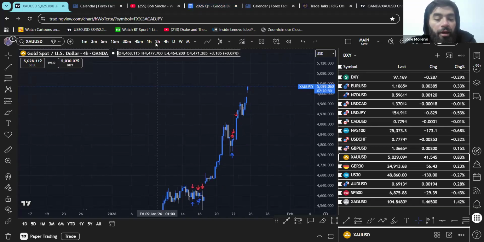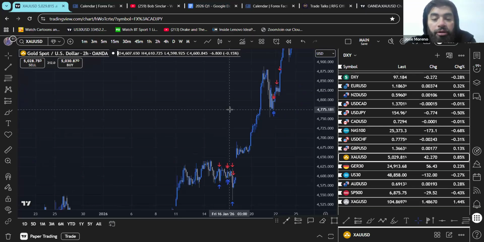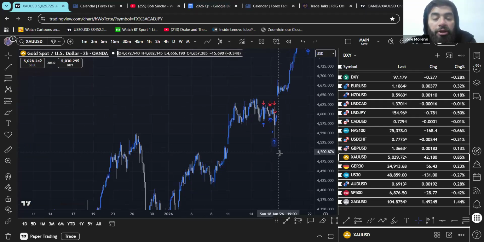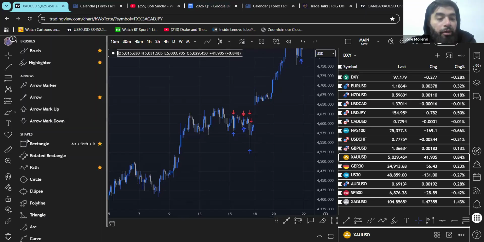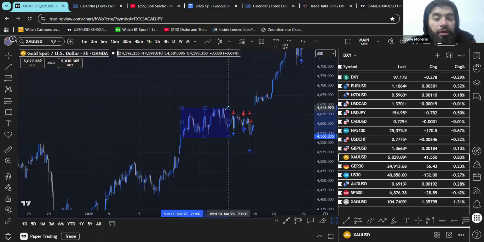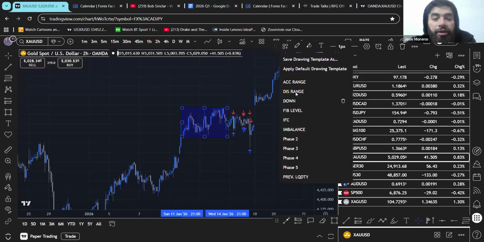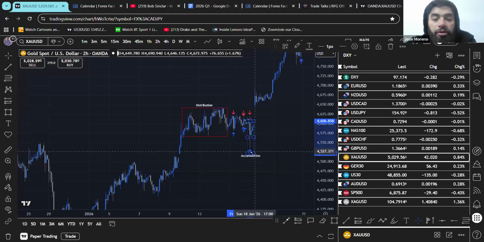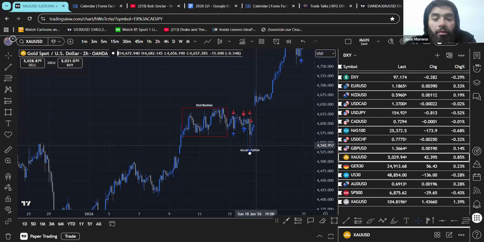But yeah, obviously with gold, big accumulations that we've seen, right? So constant reaccumulations happening. We can see here we have this distribution. That distribution goes ahead and turns into an accumulation after having taken these lows. We'll just mark this as an accumulation there. So distribution that turns into an accumulation.